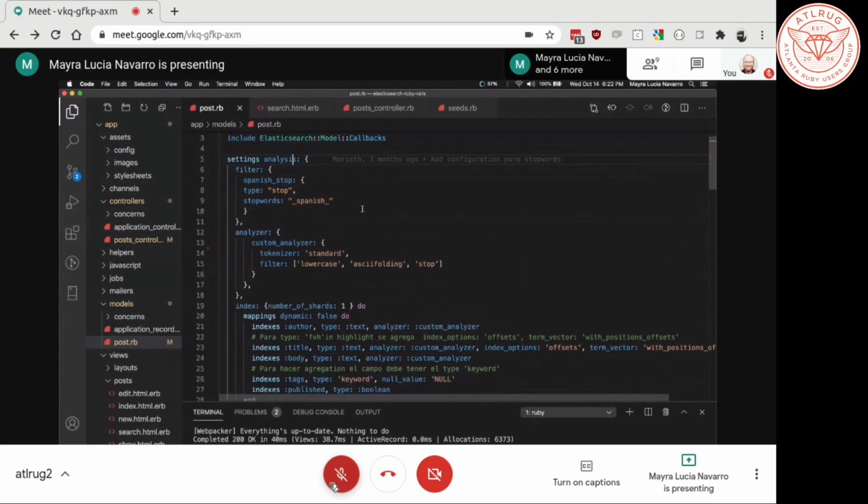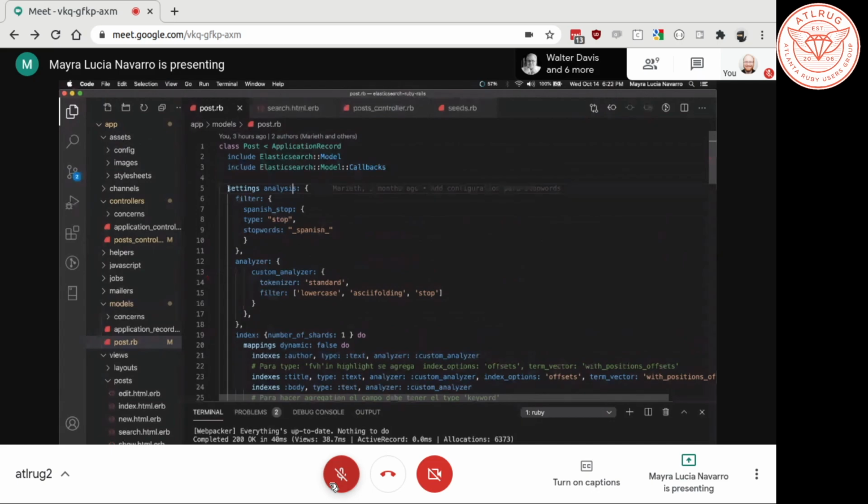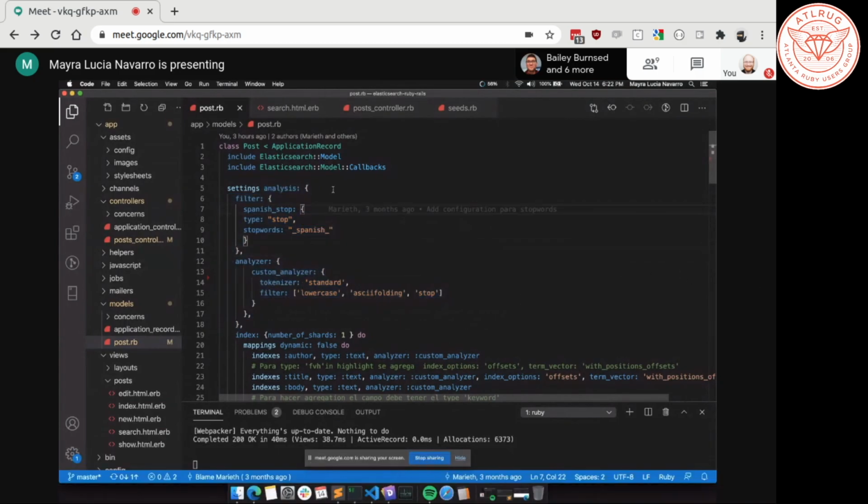And here we have the first step, which is the part where you want to show what to analyze. In this case, we see the filter, and as you can see, this is a JSON. There is no more magic here. The magic is behind, inside the Elasticsearch. For example, this is one of the things that we have, when we want to add Spanish.